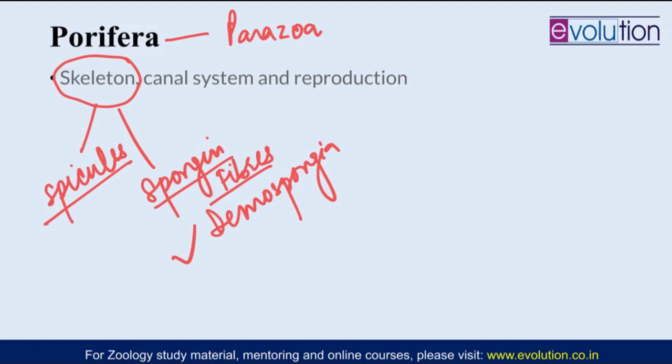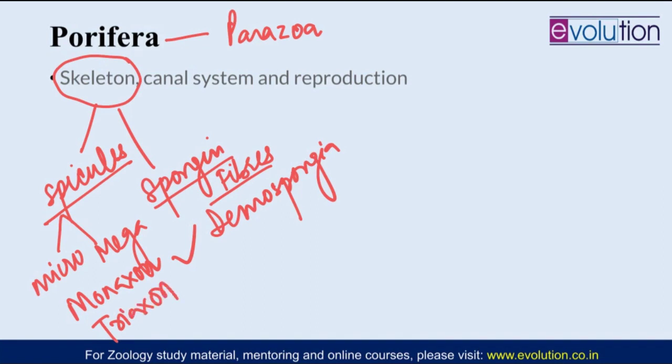Under spicules there are microscleres and megascleres. Micro are very small, mega are a little larger in size, and then on the basis of shape they have also been classified, along with diagrams. If you are describing shape, you have to give the diagrams also, so that will cover the whole topic of the skeleton system. You also have to describe the cells which give rise to these spicules, and explain how a monoaxon or triaxon spicule is formed. That is very important, so remember that. You have to prepare how a monoaxon spicule is formed and how a triaxon spicule is formed. That is also something you should include.